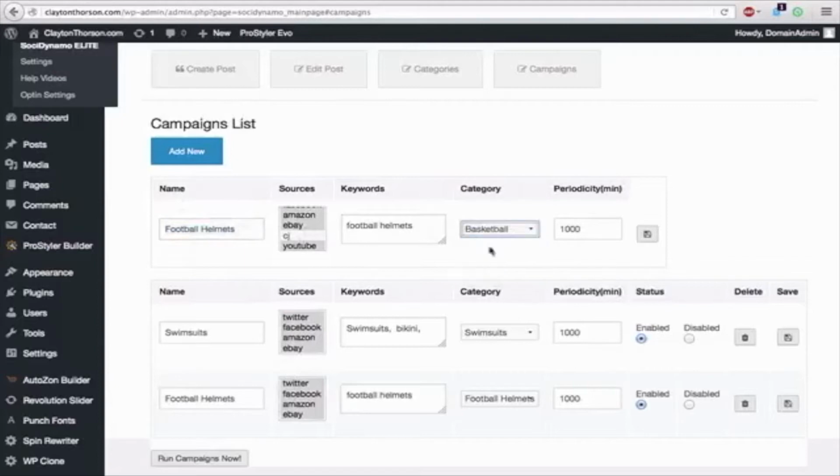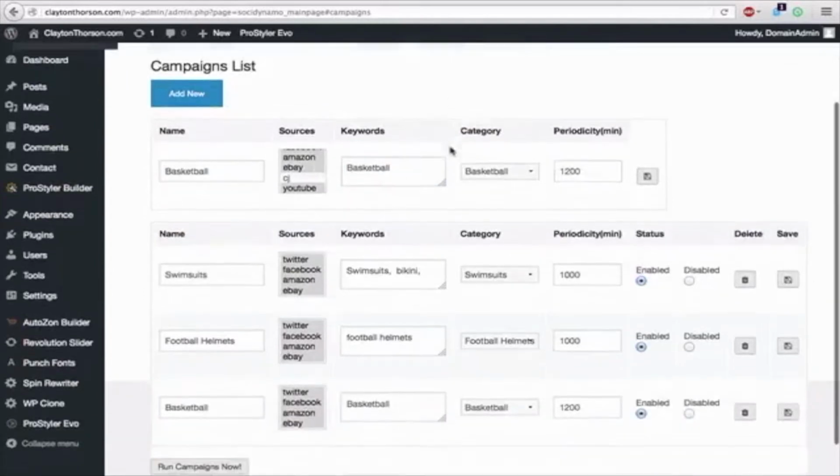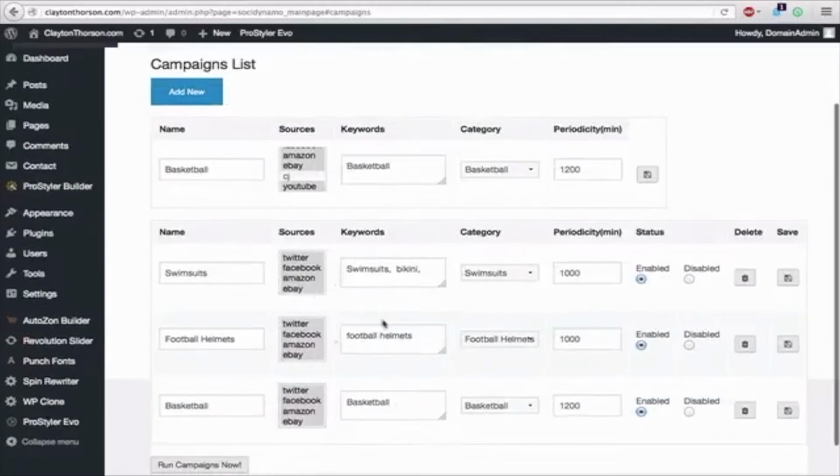And what this campaign will do is it automatically grabs posts from the sources and then directs them to your page. So hit save. And we can change this to minutes, doesn't matter, so we'll put 1200 there just to give you an idea. You can click anything you want. Here they all are below.